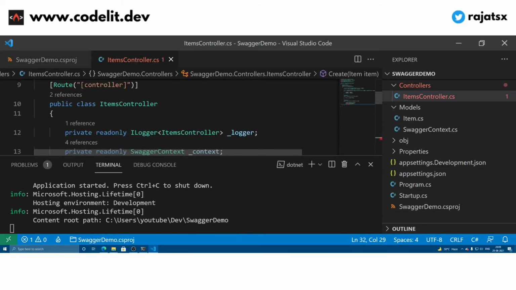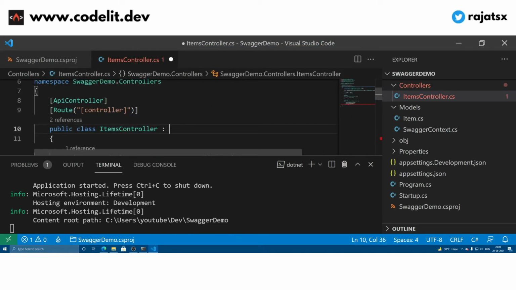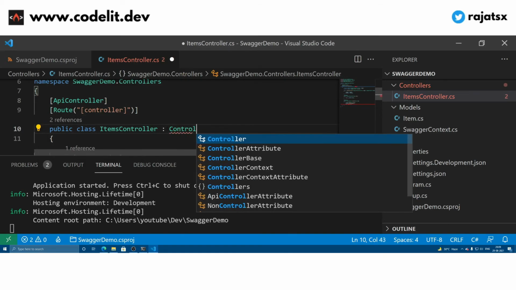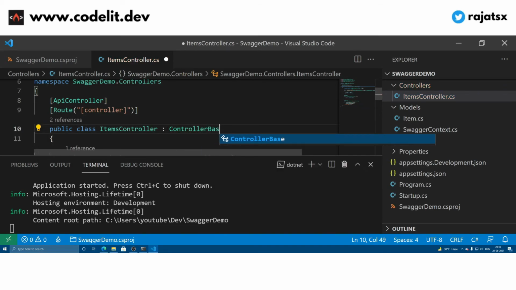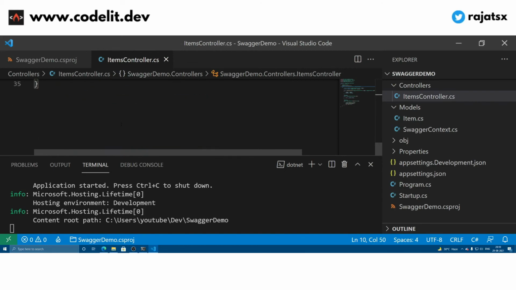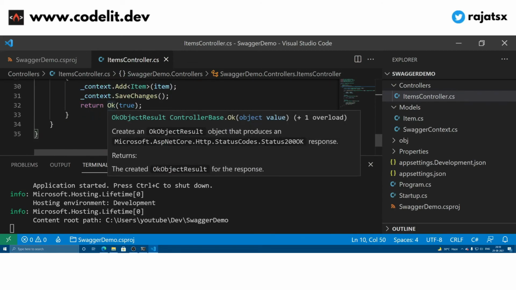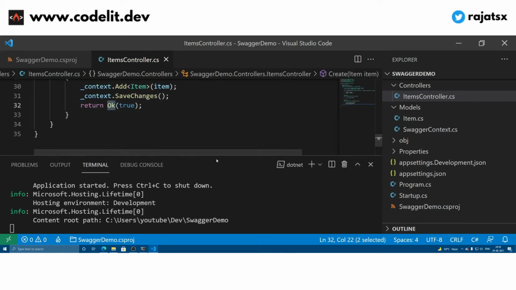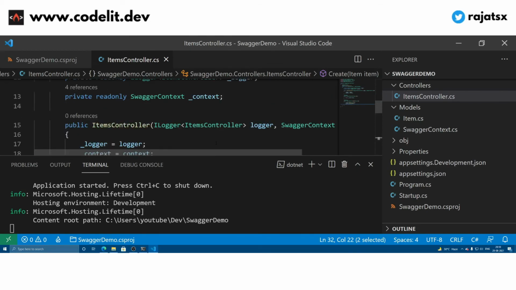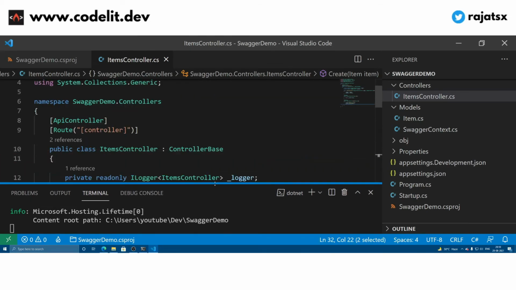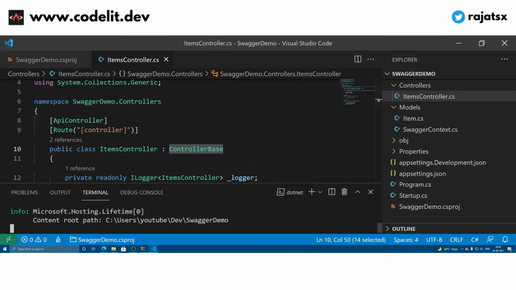Okay, and we have forgotten one thing, that this particular thing extends from controller base. Okay, that is why this OK was giving the error warning. So your controllers have to extend from the controller base class. So reboot our API